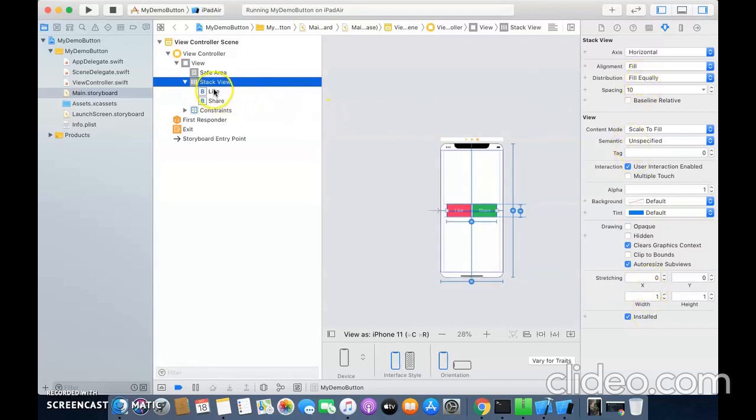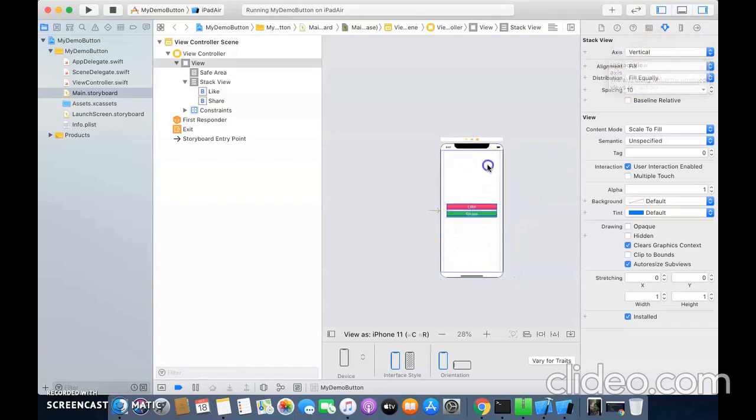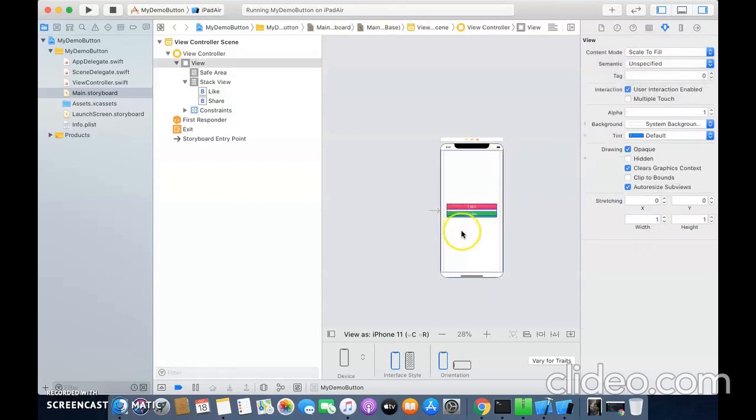You can see you have selected a stack view and here it is written axis, and we have taken the horizontal axis. Let us just select a vertical axis from this drop down and you can see the difference. Just select a vertical. You can see the same buttons are now aligned vertically.